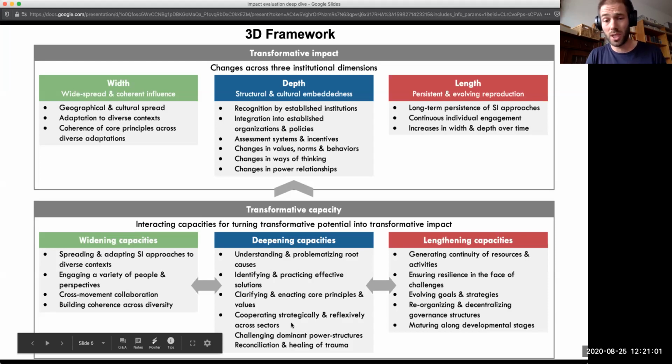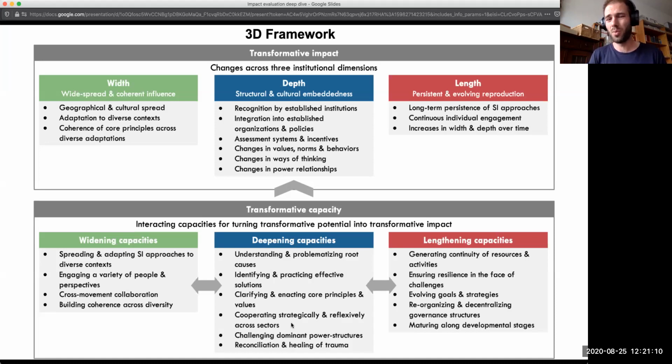You need to strategically cooperate with dominant institutions, with politicians and private actors, while being reflexive about how these principles might become less transformative by negotiating, compromising, and losing that transformative aspect.